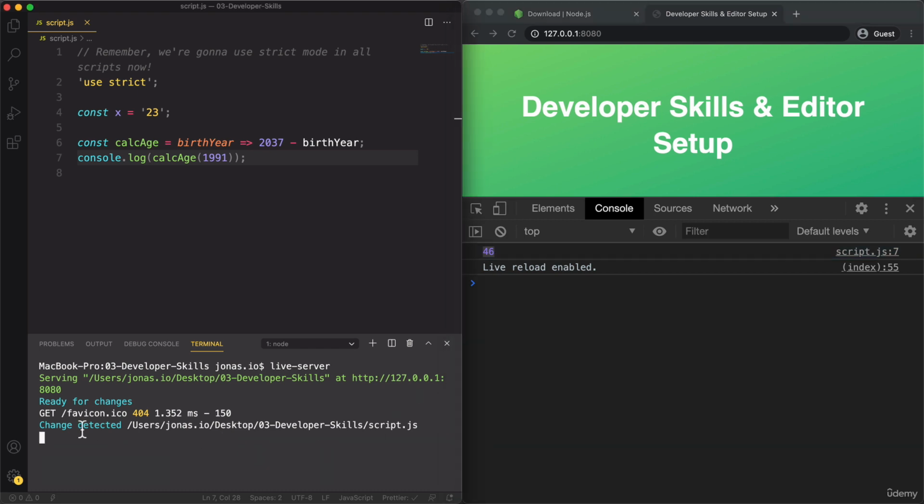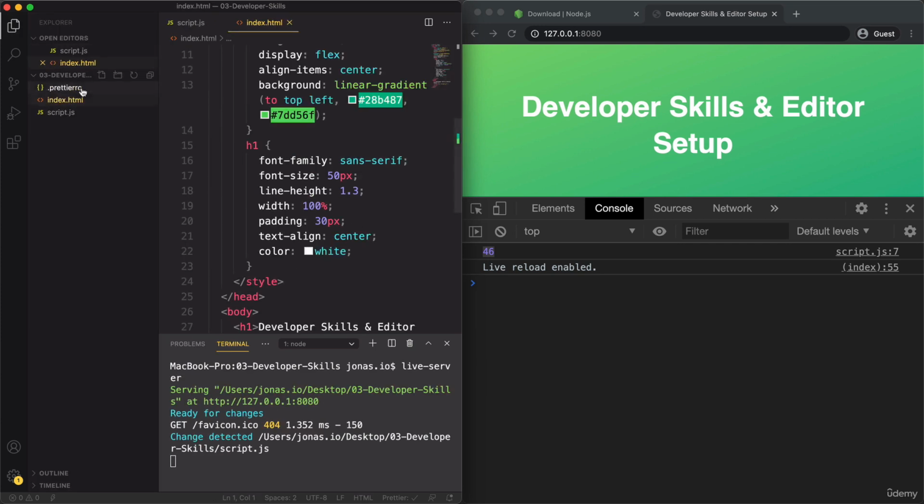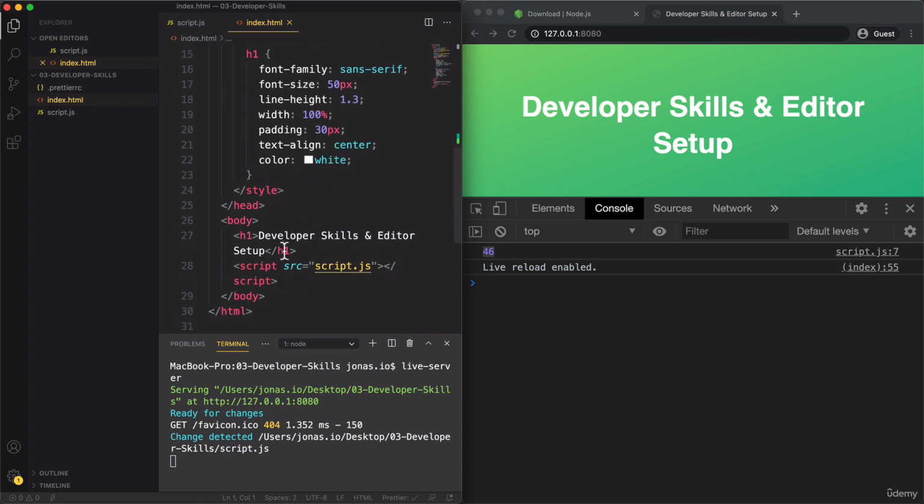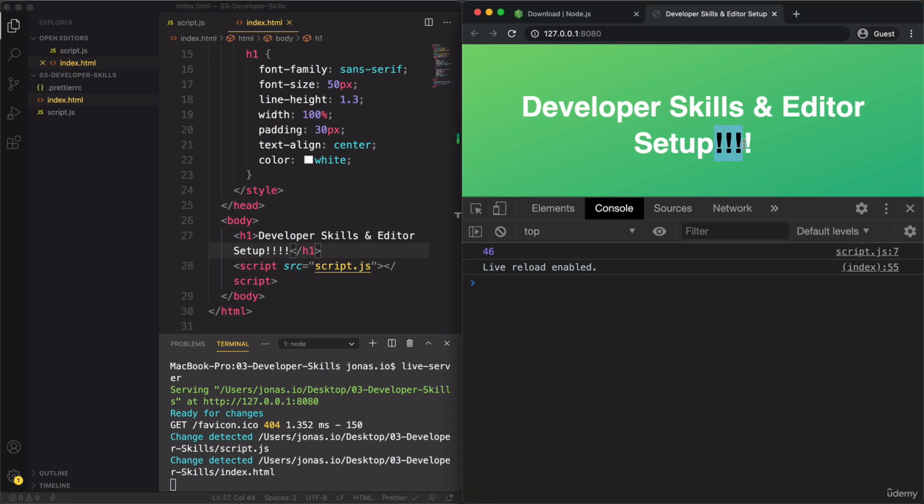Also, you can see down here in the terminal that a change was detected, and so that's what triggered the reload. So any file that changes in this folder now will trigger a reload. So even if I change something in the HTML file, for example, if I save now, then see how it changed here as well right away. So let's put that back,